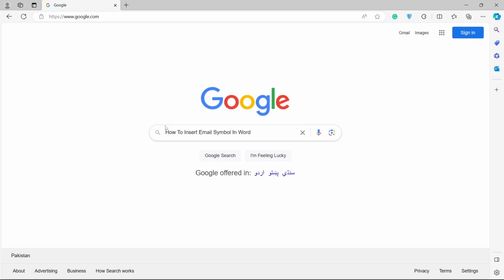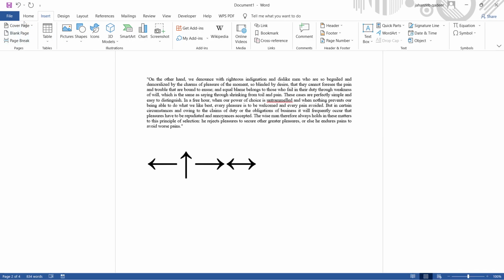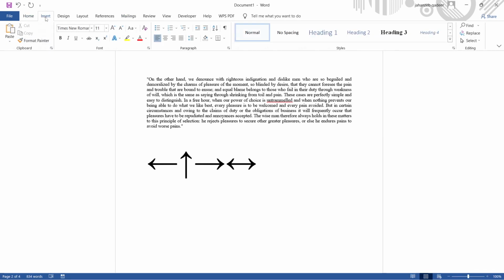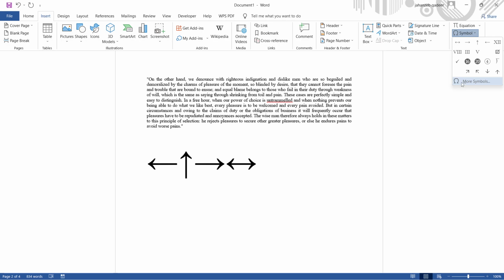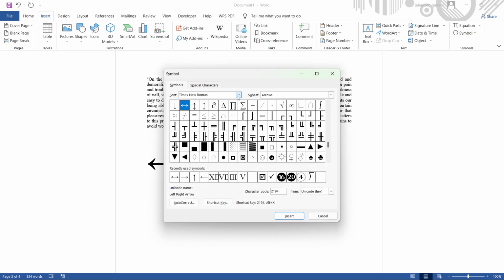In today's video, I'm going to show you how you can insert email symbol in Word. So the first step you simply need to do is to open Word, and from home you simply need to go on to the insert, go on to the symbol, click on more symbols, and here you need to select